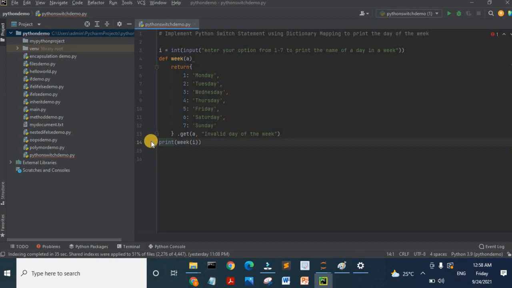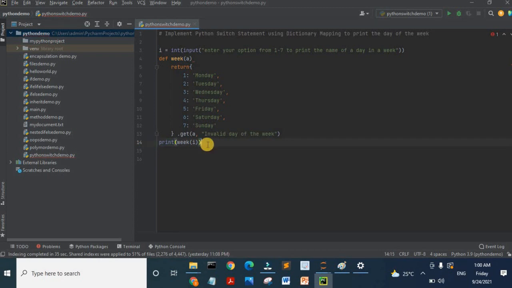This program makes calls to the week function with the input expression value to find out the day of the week. For example, when the user enters the value as 2, the week of 2 returns the name as Tuesday, and when a user enters 5, the week of 5 returns the name as Friday. The default code will be executed when there is no match found. That is, the message invalid day of the week is printed on the output if the user enters an integer input value other than 1 to 7.